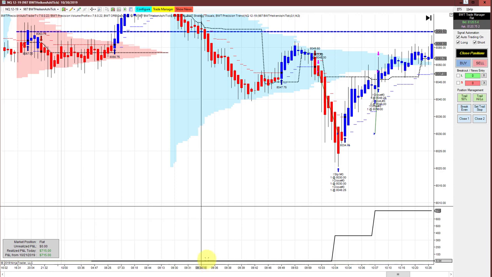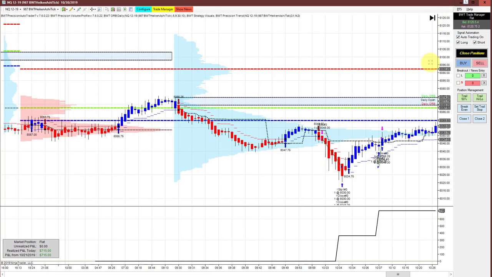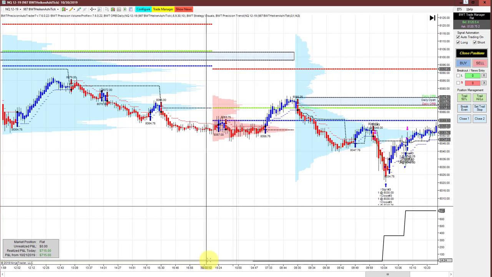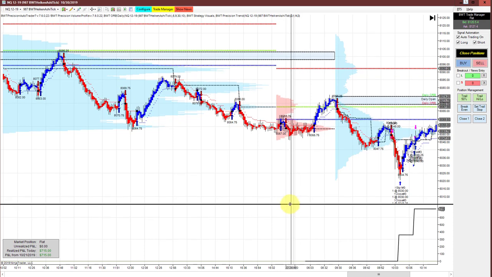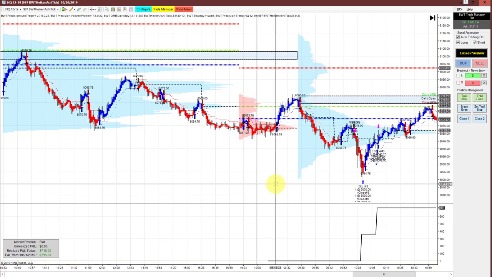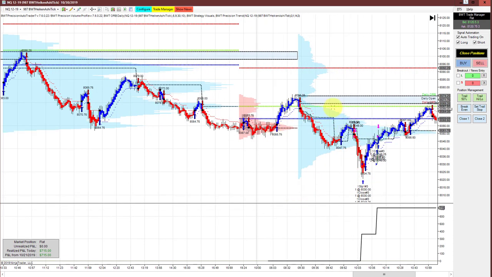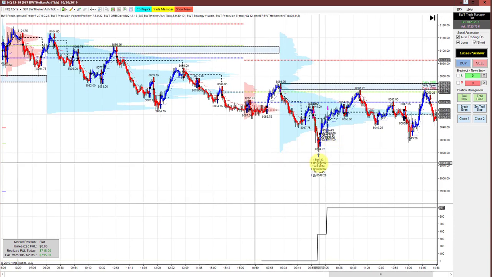To prove that point about the volume profile, I only need to bring over this chart of the Nasdaq on a 987 tick with the volume profile and the daily range plotted on here. But let's notice where the highs and lows of the day were. We can see the high of today was equal to the night session, but more importantly, the low of the day here